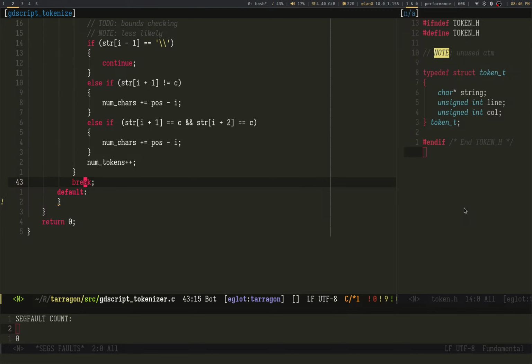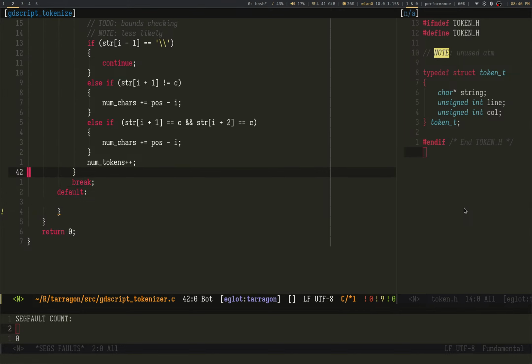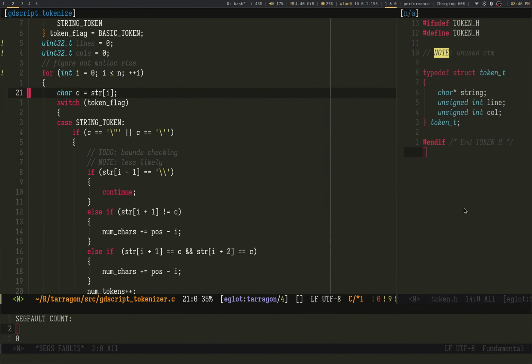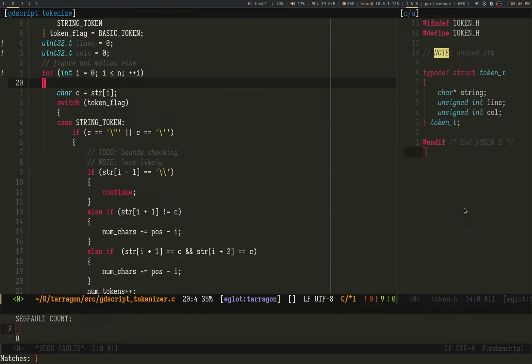This is terrible. I have to keep track of my white space? Jesus Christ.